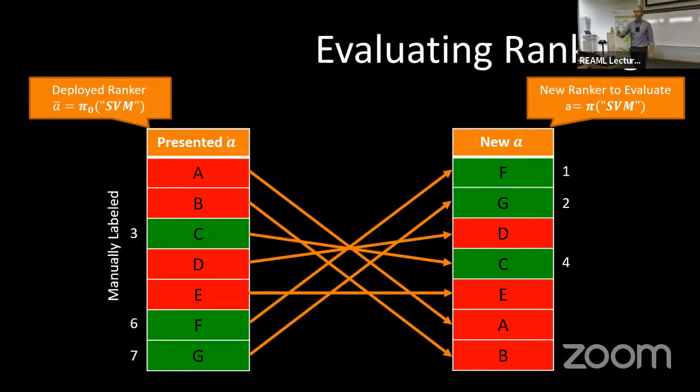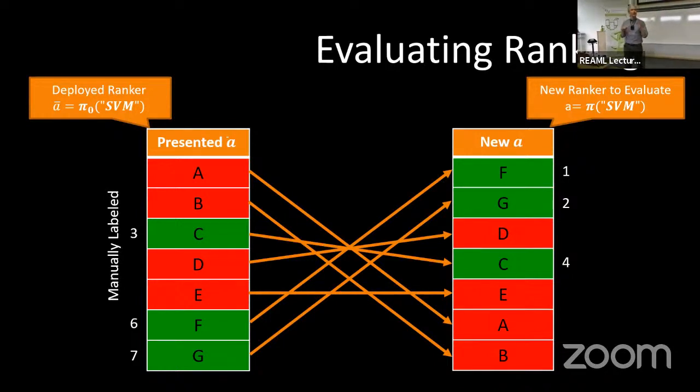On the left, the average rank of the relevant ones is 3 plus 6 plus 7 divided by 3. That's something like 4-ish, right? And on the right, we have 1 plus 2 plus 4 divided by 3. It's something 2-ish. So the ranking on the right is better according to this metric. Very straightforward.